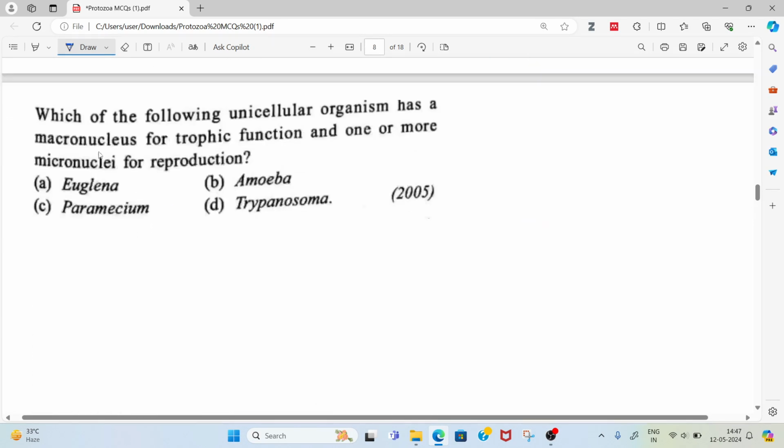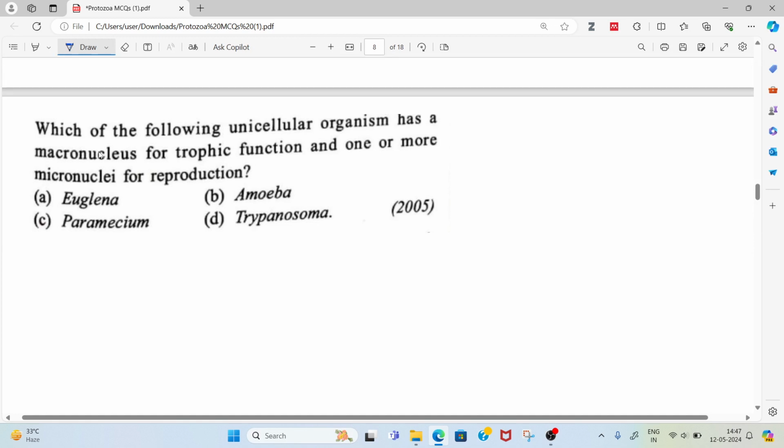The next question, which of the following organisms has a macronucleus for trophic function and one or more micronuclei for reproduction? Very easy question. We already know that